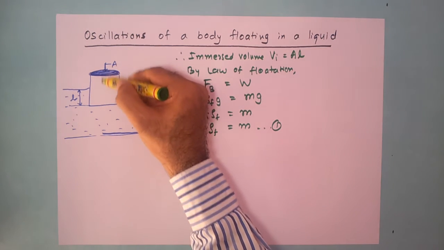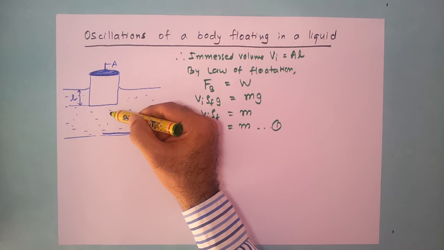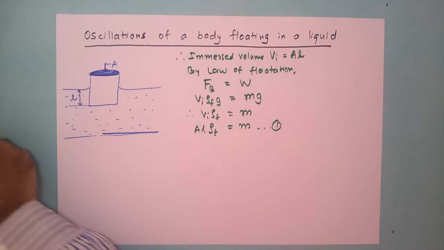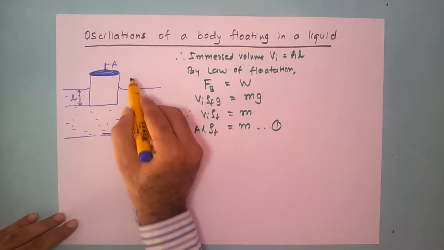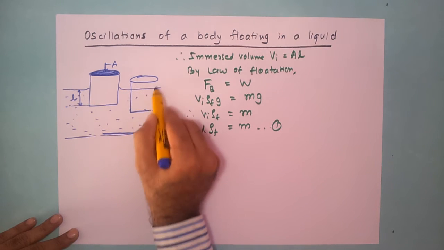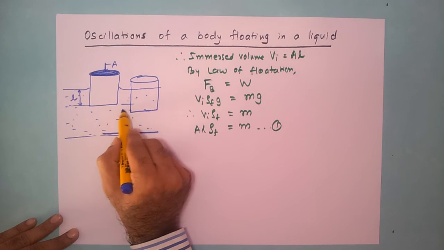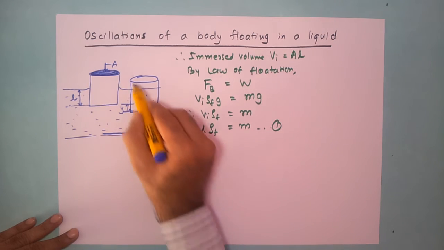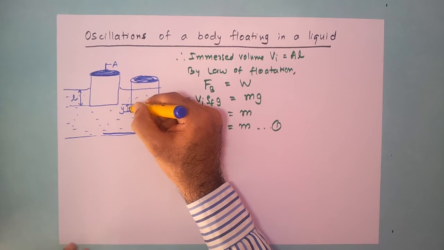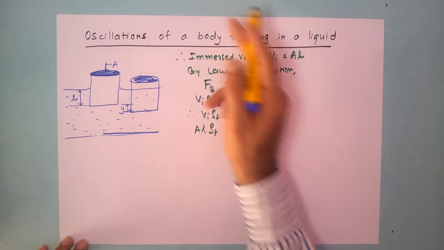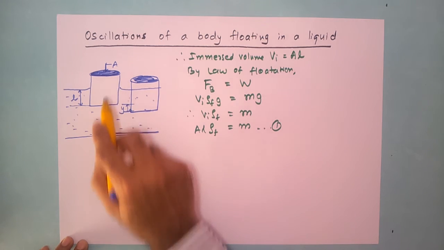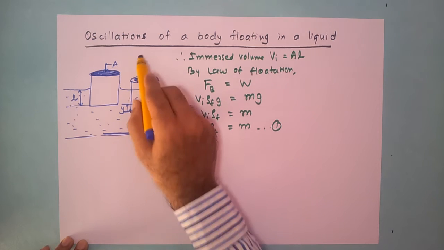So let us say I push this object down to some depth. Let us say I push the object down to depth y. So I will have a situation like this, where probably the same object now will take up this particular position, and let us say this is y. The same object over here, I have applied a force and pushed it down by a depth y. And when I release this, a restoring force will come into play, because this object will try to go back to this particular position and it will start oscillating up and down.